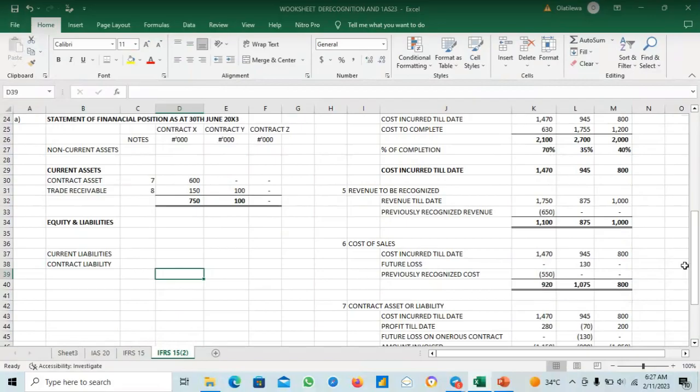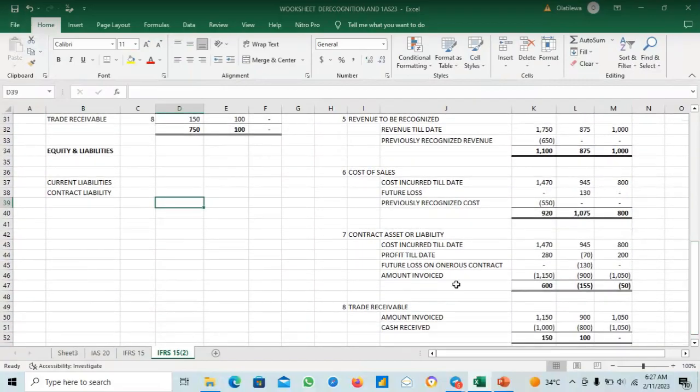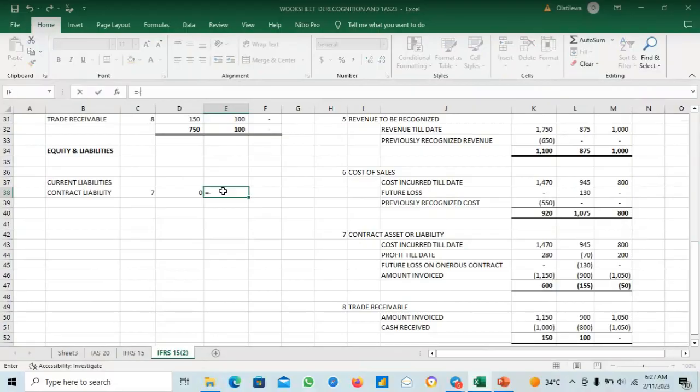And what is the note? It's still the same thing as contract asset or liability. Don't forget this note is for contract asset or liability. So contract liability is also note 7. Note 7. And which transactions have contract liability? Only Y and Z. X has 0. Y has 155, sorry. And then Z also has